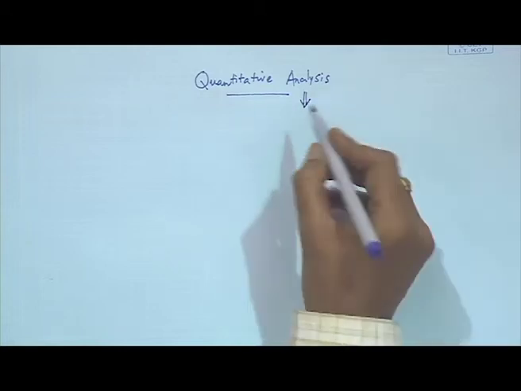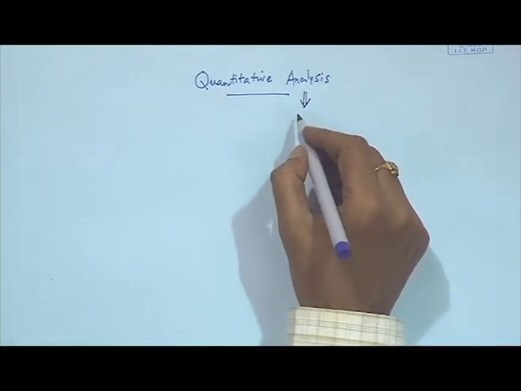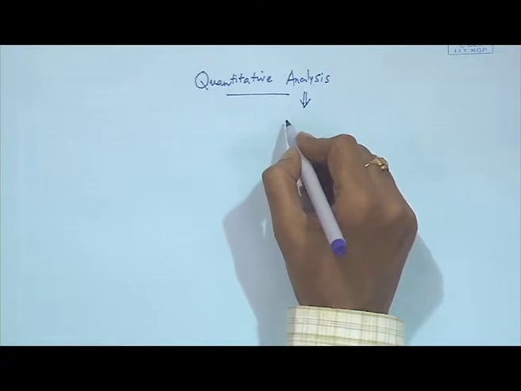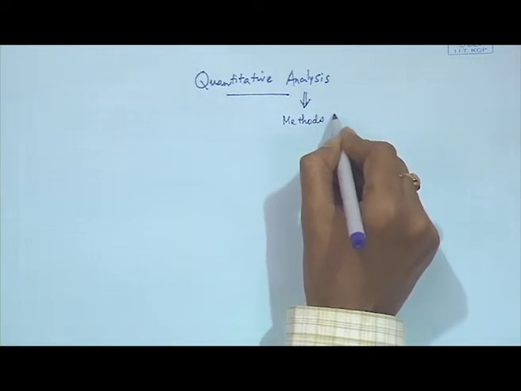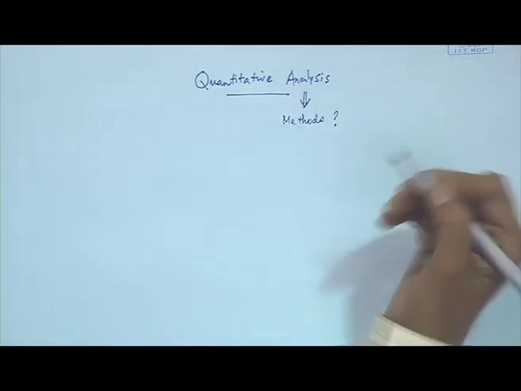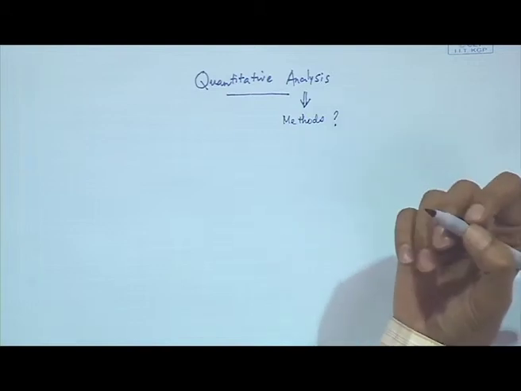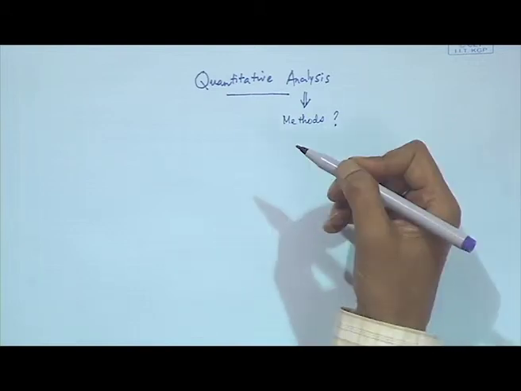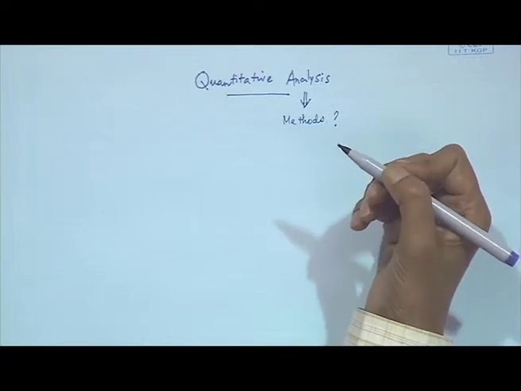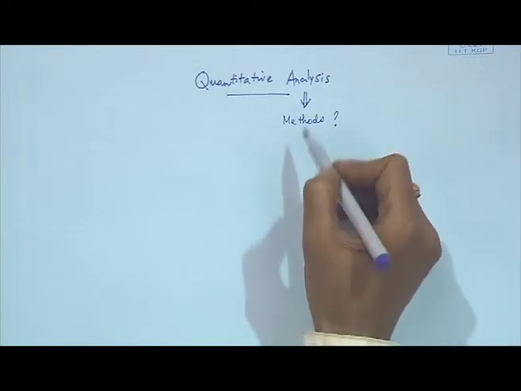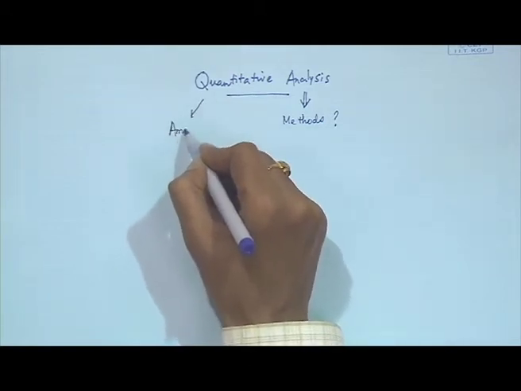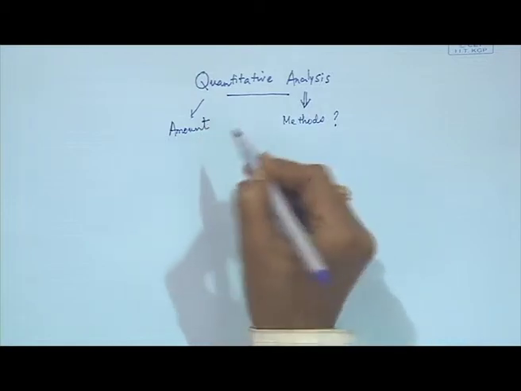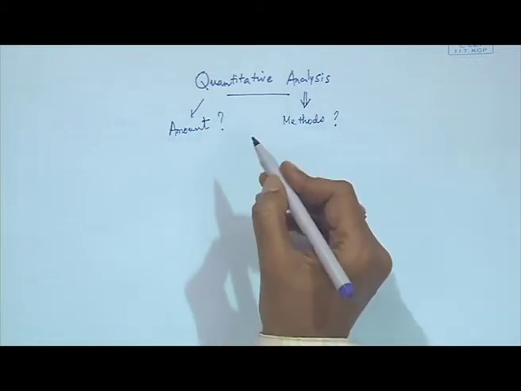Since it is an analytical method or analytical technique, what are the typical quantitative analytical methods? How can we develop any method, how to use that particular method, how to apply this method to analyze any unknown sample? What are the things we can basically monitor, because this method will ultimately tell us about the amount of any of these compositions.